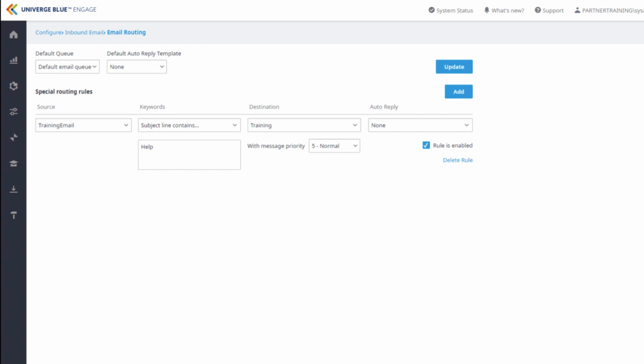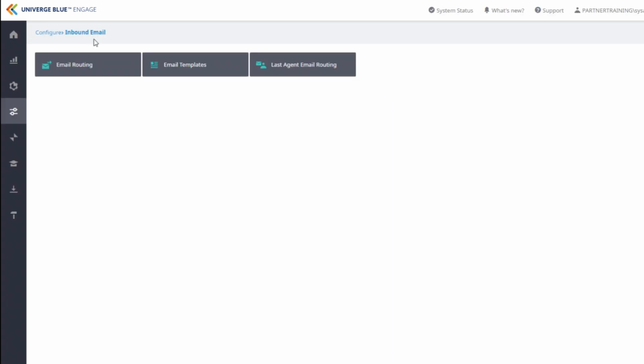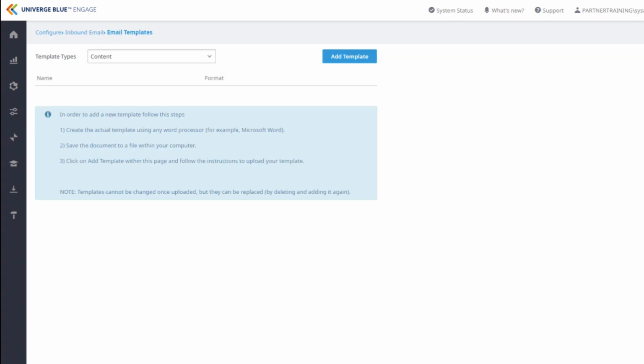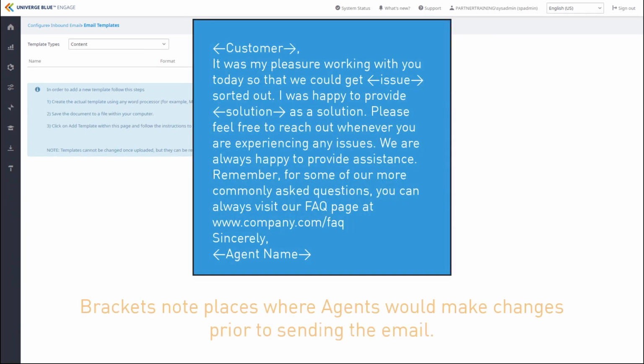Next, we will talk about email templates. Email templates are a great way to cut interaction time for your agents. Email templates are created so that your agents can select a template from an email interaction so that they are not forced to type a lengthy reply for every interaction. You can create a template with placeholder areas that an agent can simply add info to the email that pertains to themselves and the current interaction and click Send. For example, a simple email template could be something like,